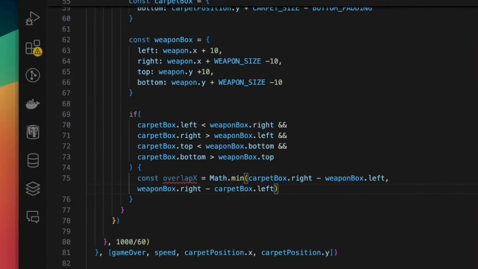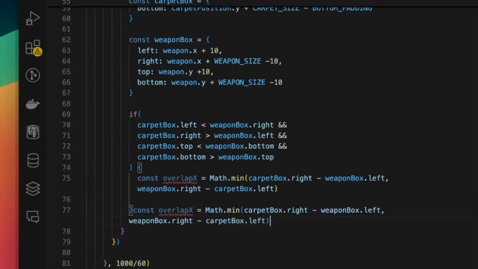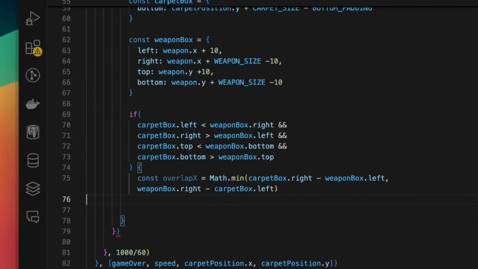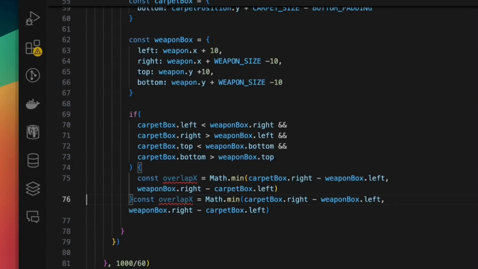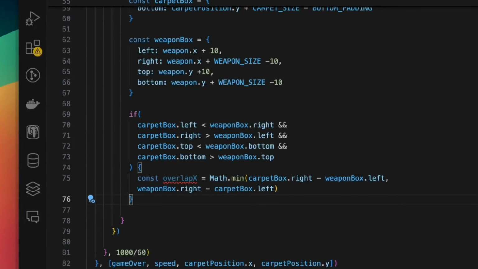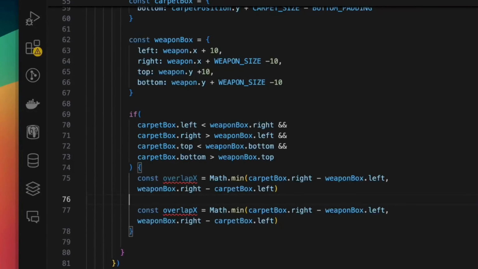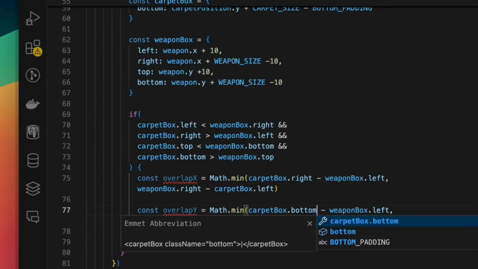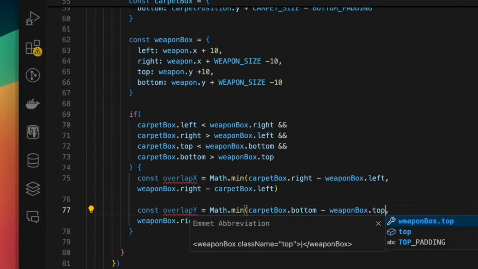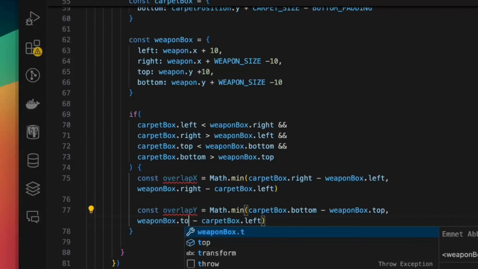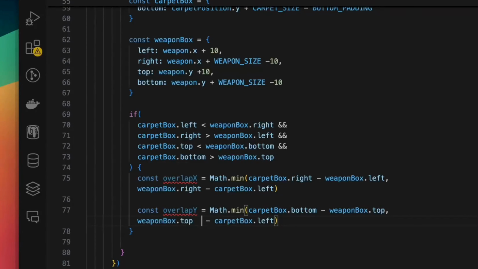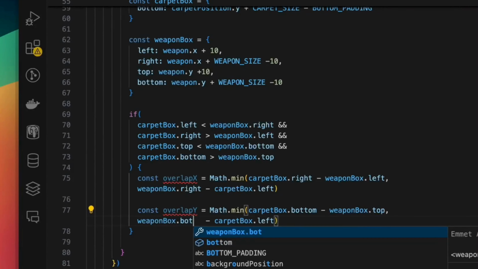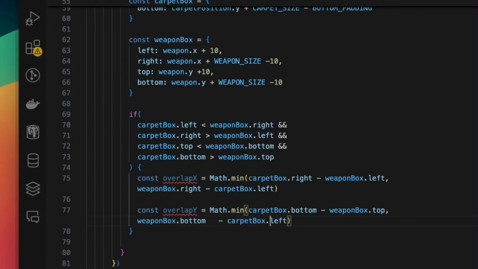Okay, and then similarly we need to define overlap y like this, and here we'll check for bottom minus top, or rather bottom itself, bottom minus top. Okay,